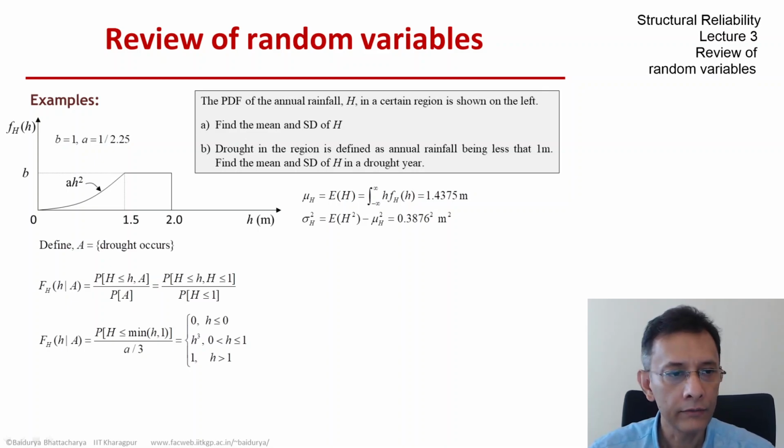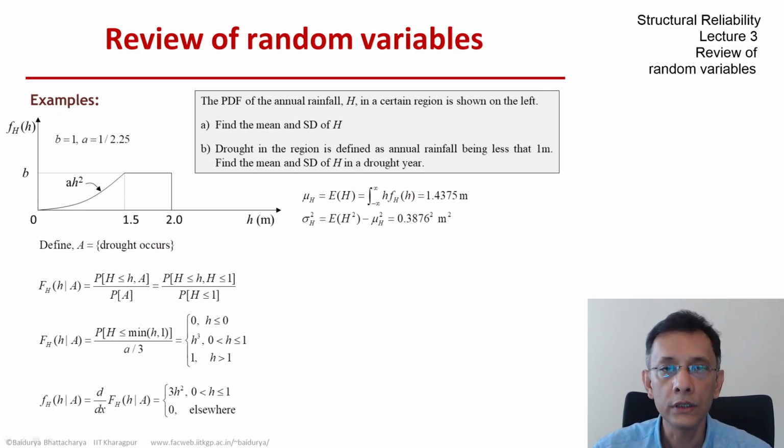It can't have negative values as before, so it's 0 there, but greater than 1, it also cannot have any values. So conditioned on the drought, the CDF attains the value of 1 at H equal to 1. Now if we differentiate this conditional CDF, we get the conditional density. So the density of H given A is,